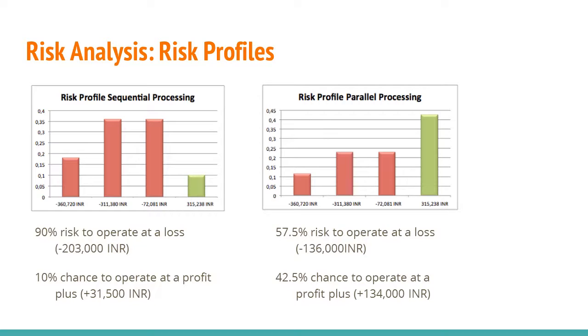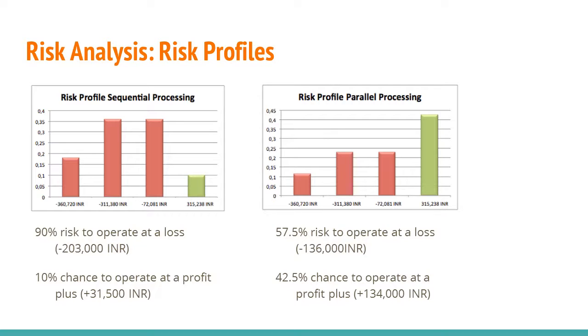On the left, you have the risk profile associated with the sequential processing method. Under this method, you can see that there is a 90% risk of operating at a loss, with an average loss of 203,000 Indian rupees. There's a 10% chance to operate at a profit, at an average profit of